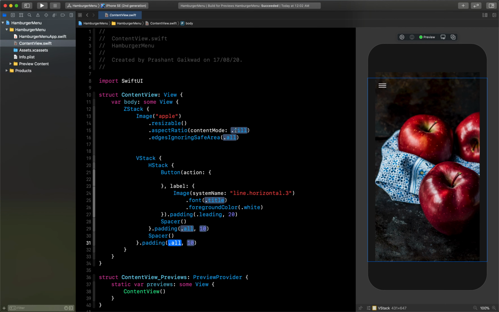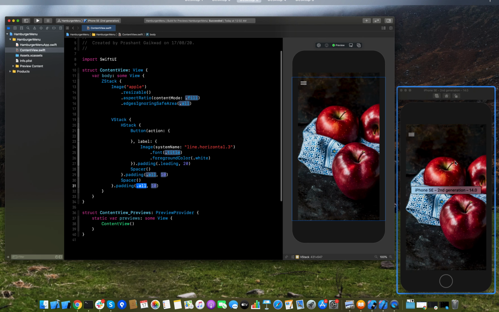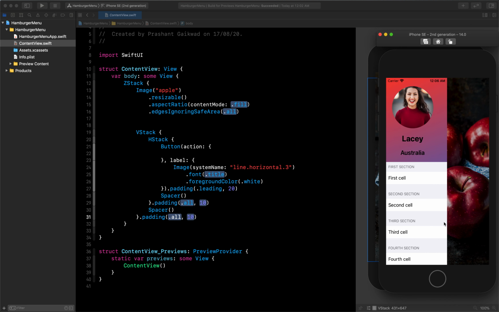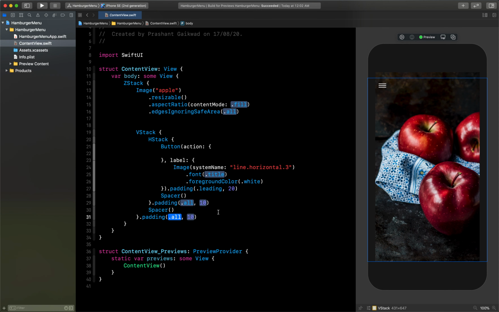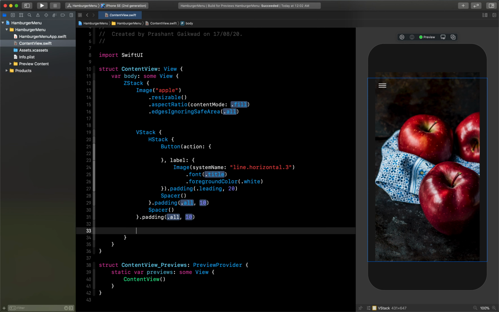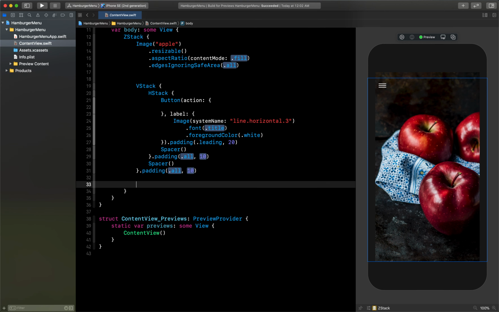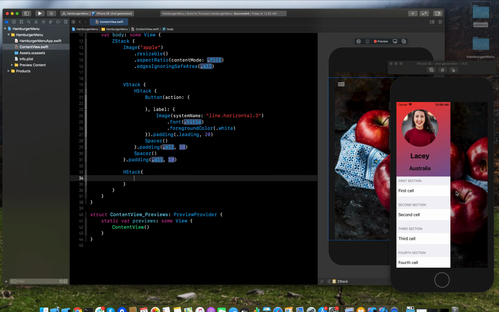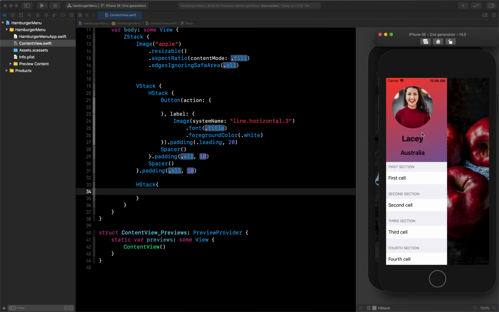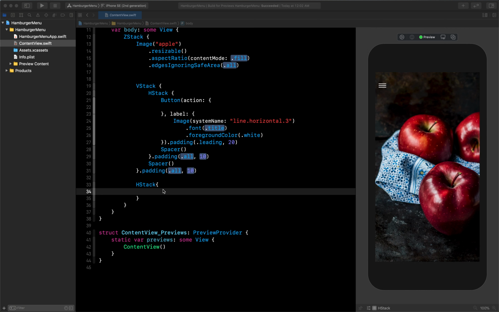Now we can write the next code, which is creating this view. So this view is basically going to be a complete view with some spacing on this side, and we are going to create half of this view using the H stack. So let's get started and create that. So first I will use H stack. H stack I'm using because I want to give these two things, one view here and one empty space here.